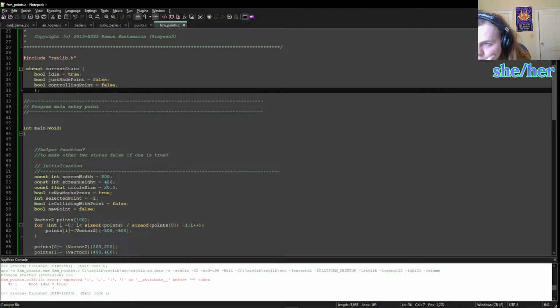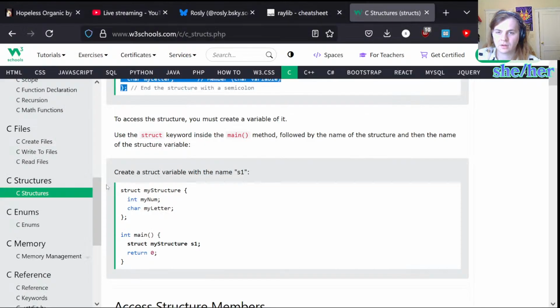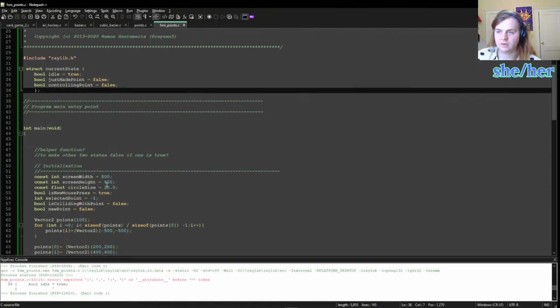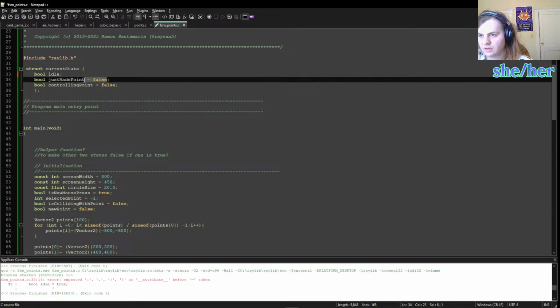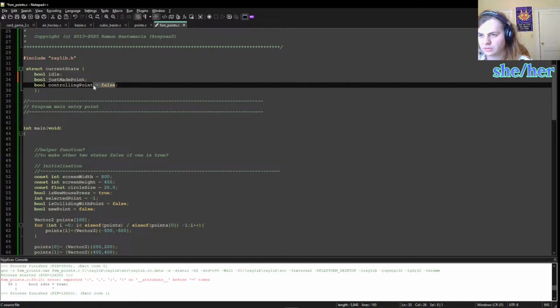Why is this not working? Oh, okay, right. Because I can't just initialize it. Okay, great. So I just need to say, here are the members of the struct. Great, and then I need to